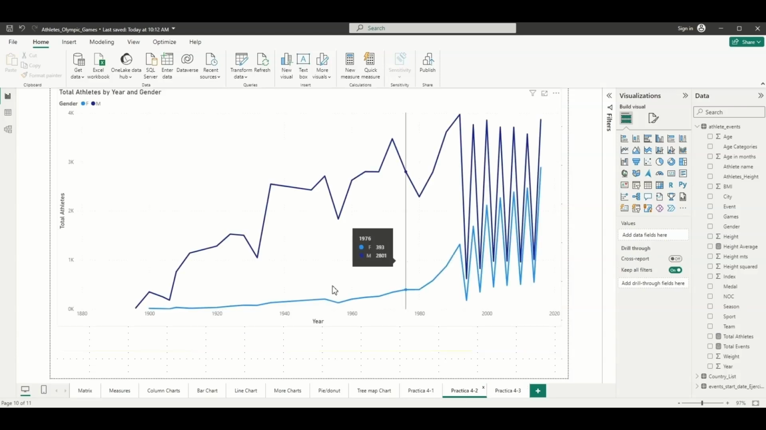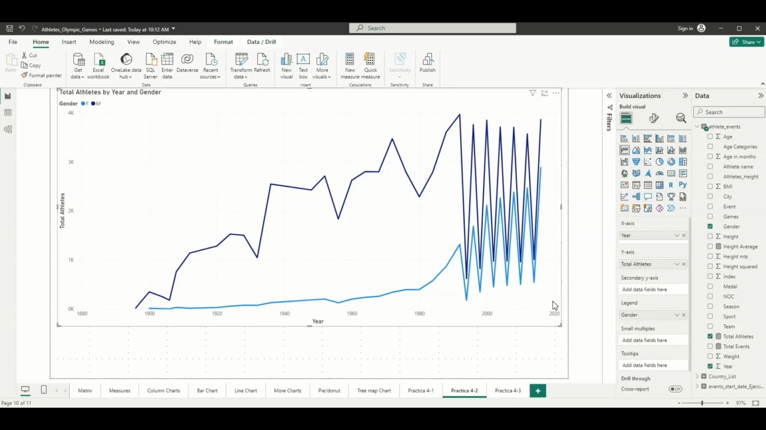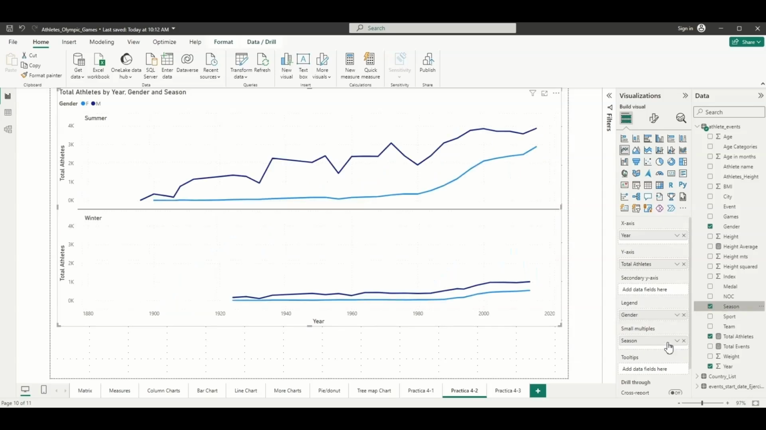For example, our line graph that presents the historical behavior of the number of athletes in all years by men and women. We can see it divided by summer and winter if we drag season to small multiples. Let's point to the graph. Here's small multiples, and we carry season. We have our graphs for summer and for winter showing the evolution of the total number of athletes by men